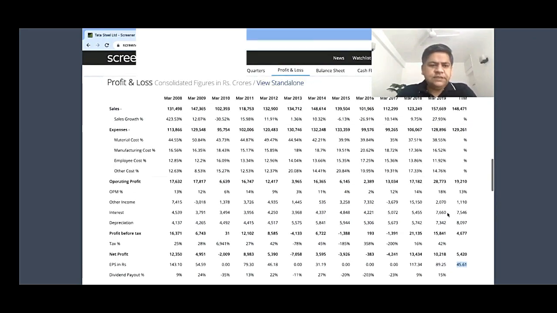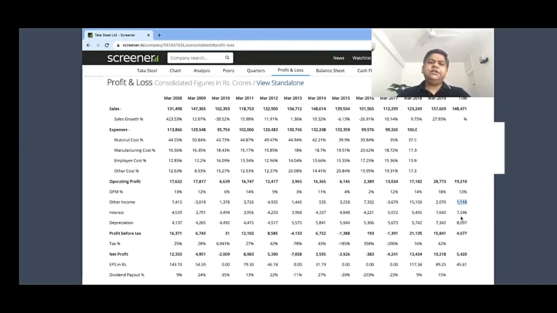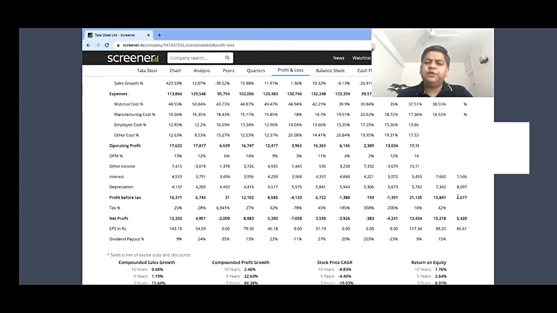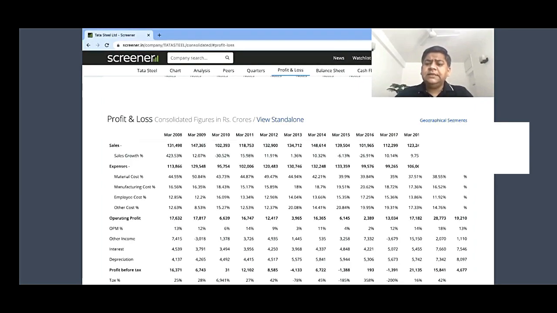So what you have seen here is total sales. They have shown operating profit after deducting all the expenses, which is correct. They added the other income and then subtracted interest and depreciation. Everything is fine as per our original format of the profit and loss statement. Then you get profit before tax. You have to pay taxes, and then you get your reported net profit. Here it is TTM. TTM is like the last 4 quarters. They sum the results of all the last 4